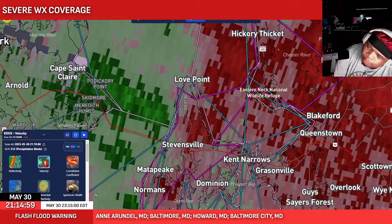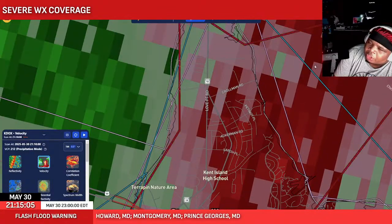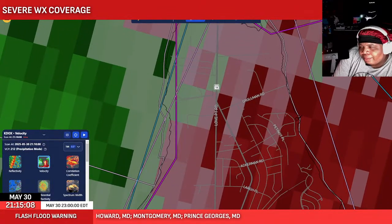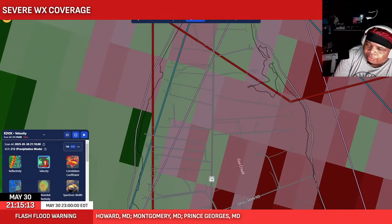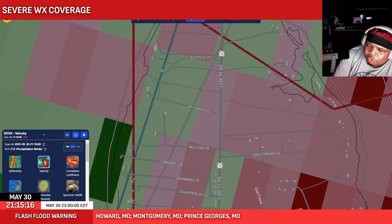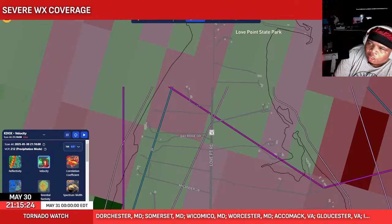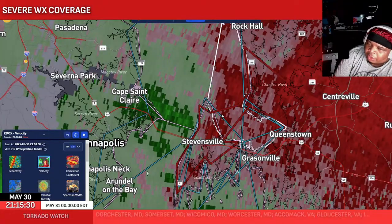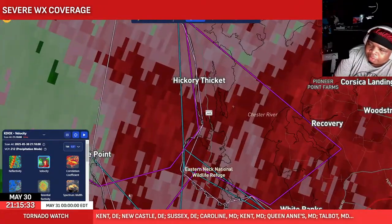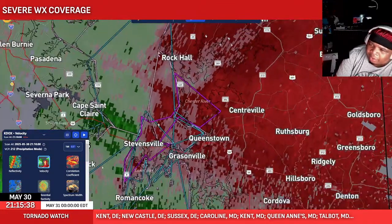Yeah, Love Point Road right here, that's right near this circulation. Let me just get some more streets. Groman Road, Pettinot Place, Ackerman Road, Larch Place. Further up into Love Point, we got Chamberlain Lane, Harwood Lane, Simmons Lane, McLeod Lane, Sweetbriar Lane, Bylander Lane, Bay Ridge Drive, the State Park. So, for those in that area, you still need to be in your shelter. And then Hickory Thicket, over towards Recovery, you need to still be in your shelter right now